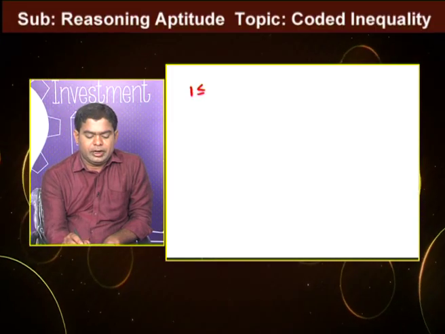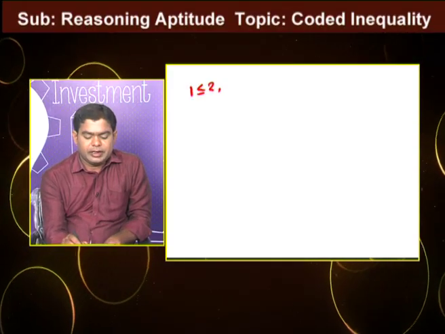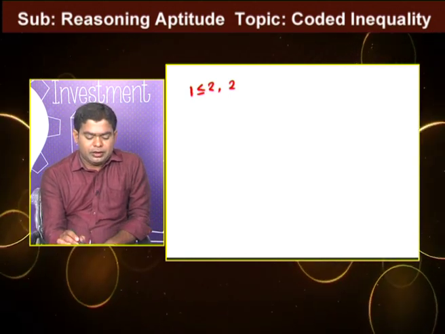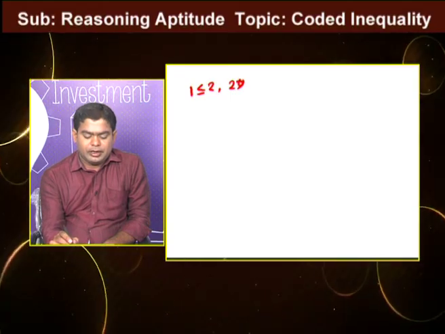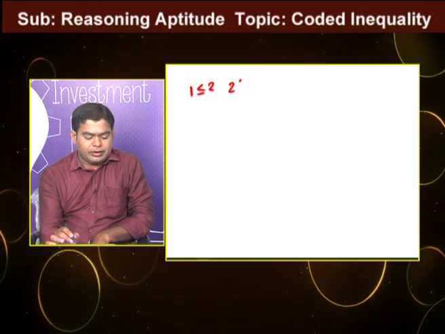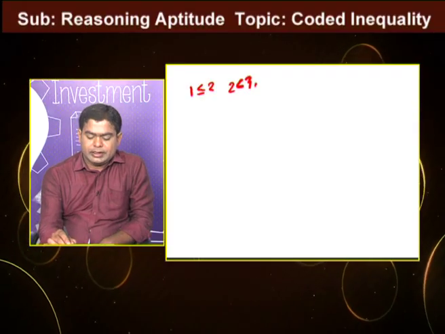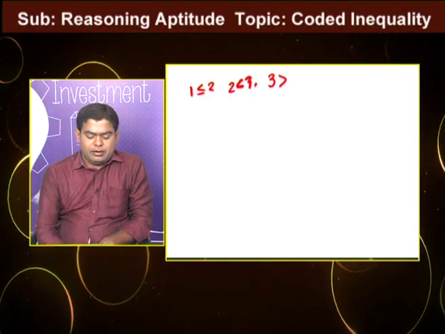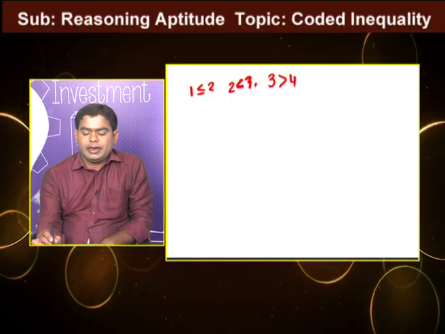1 at the rate 2: in our question at the rate is denoted not greater than. Not greater than means less than or equal to. So 1 less than or equal to 2, comma, 2 star 3. In our question star is denoted neither greater than nor equal. That means 2 is less than 3. Next, our question contains 3 dollar 4. 3 dollar 4 means 3 greater than 4.